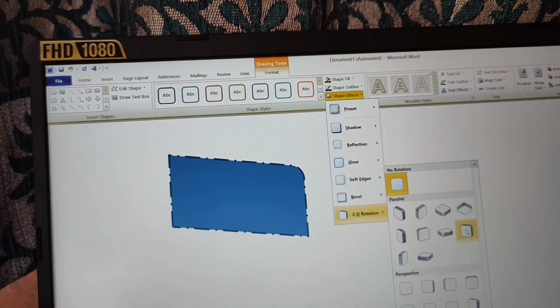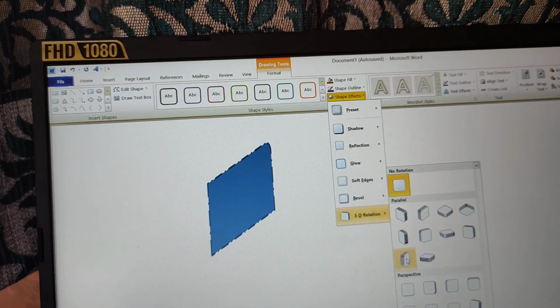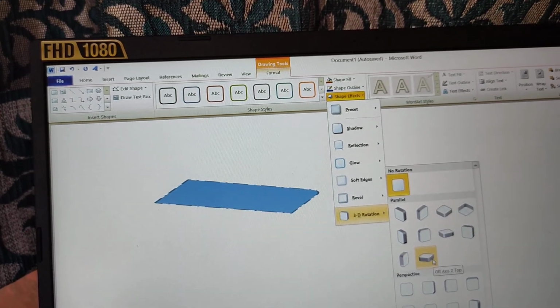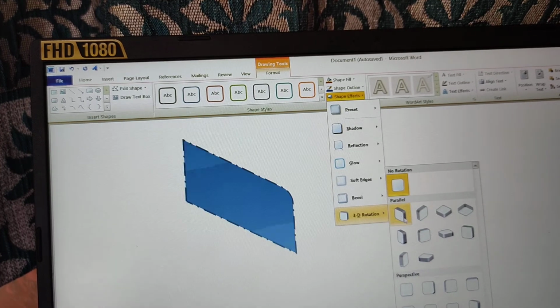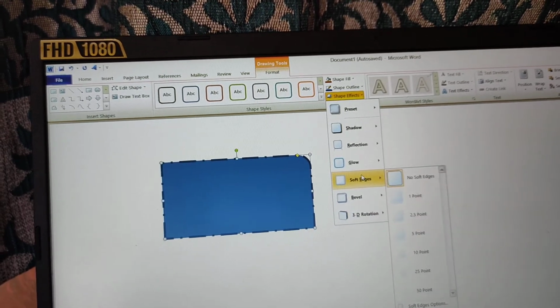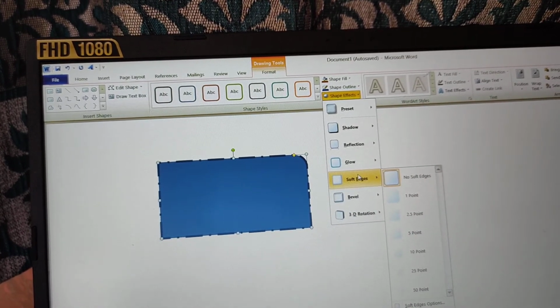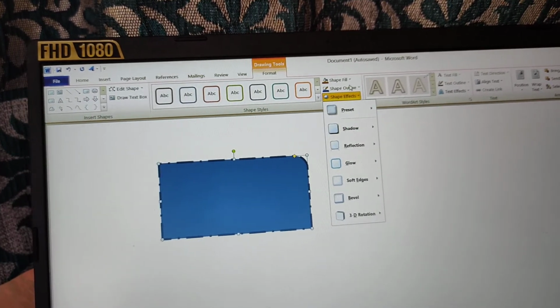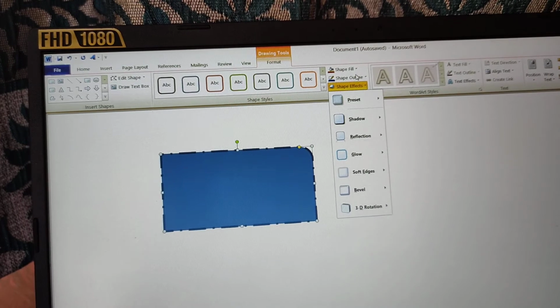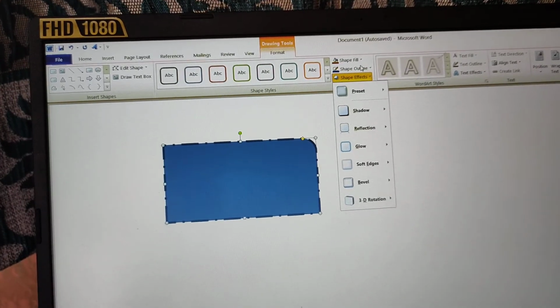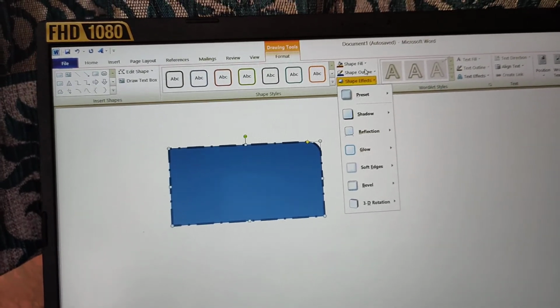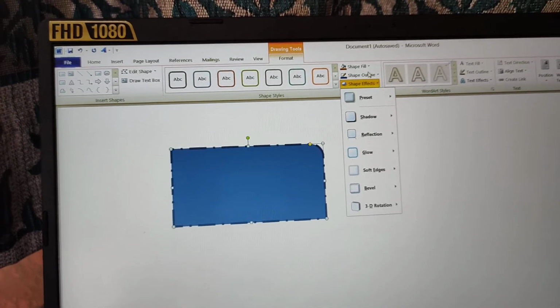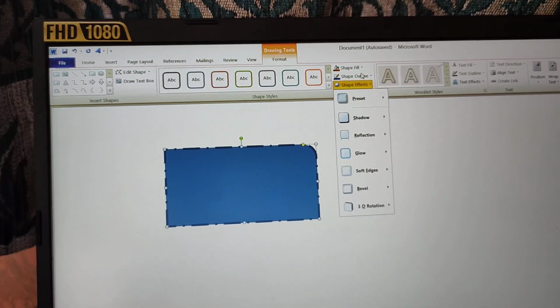So first, if we need any shape in our MS Word window while preparing a document, we can insert it, and once we have inserted it, if we need, we can format it. And what formatting can we do? We can fill the color, we can change the outline, we can put the effect. These are the basic formatting that we can do with the shapes.